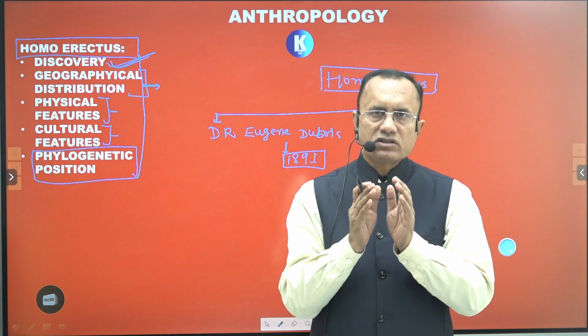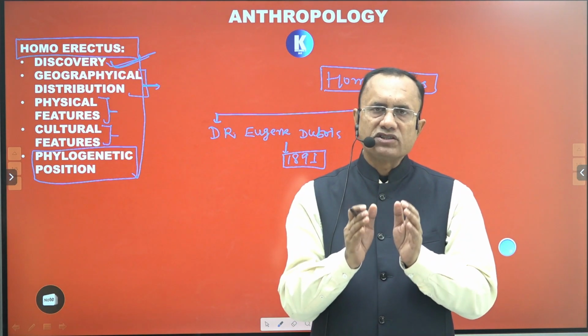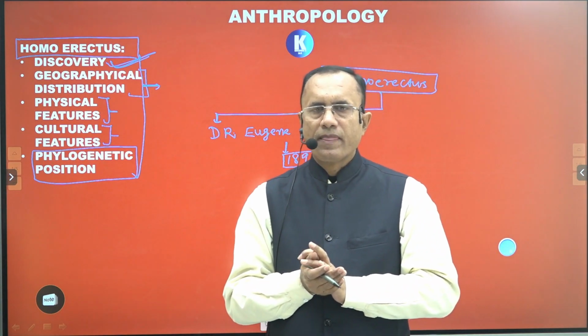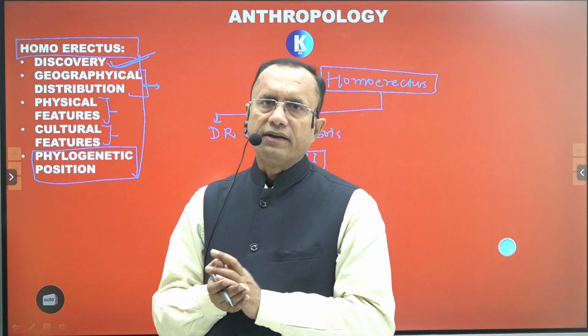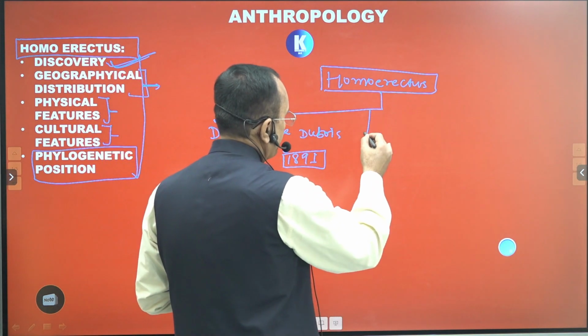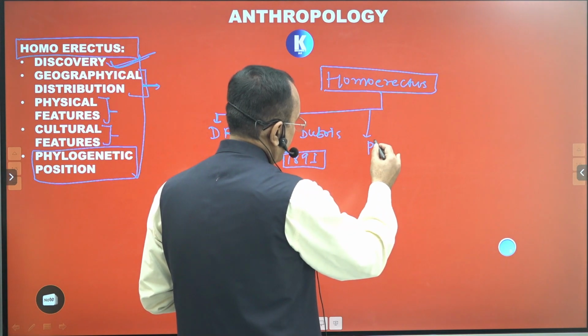So the first fossils of Homo erectus were discovered by Dr. Eugene Du Bois from Java, and he gave the name of that fossil as Pithecanthropus